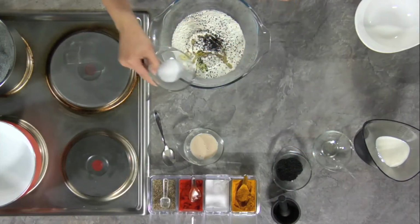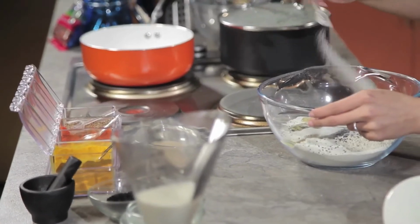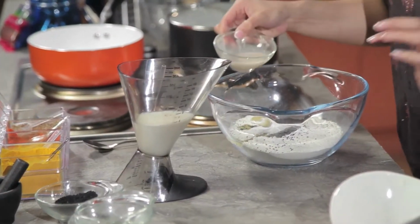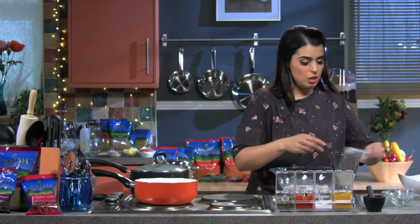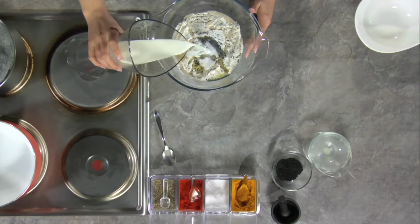I need to add a little bit of sugar, some salt, seasoning, and then I need to bind it all together. And I have some milk, and of course the yeast that's been mixed with water can go in. Just obviously wait for that yeast to react, and that's why I had to leave it. And some full fat milk,